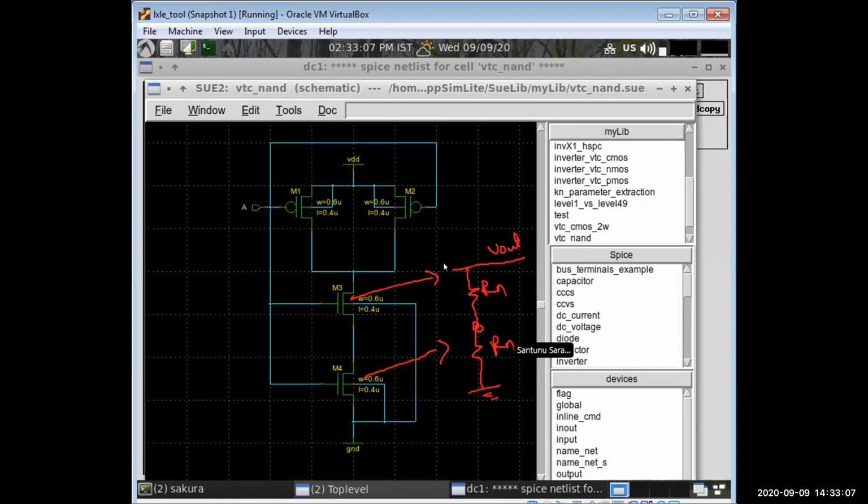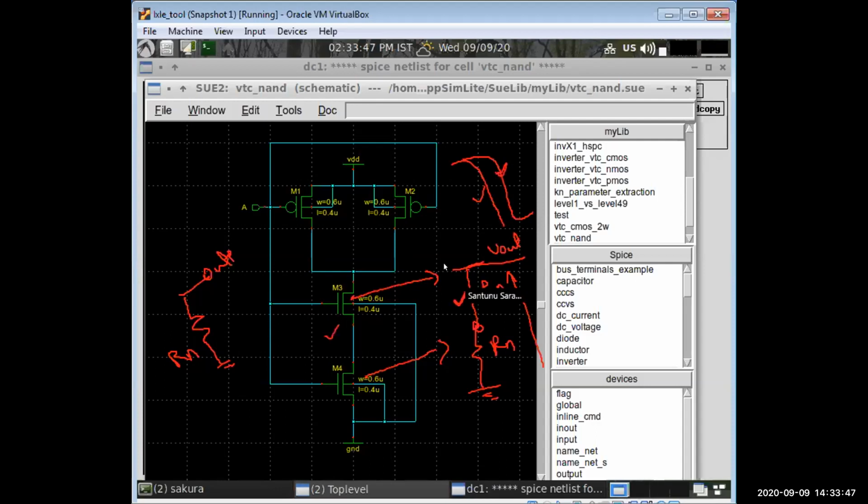Initially in the inverter case, this was a single inverter, a single MOSFET, so in that case that is Rn only. This is the output. Now the resistance increases to Rn. That means the voltage drop will increase or not? The output, so that's why it is shifting right. In the inverter case, suppose it will come here, so in the NAND case it will go to the right side. Okay, so this is the actual case.